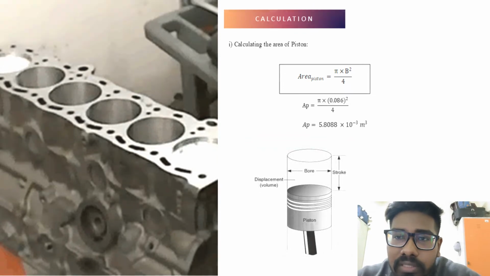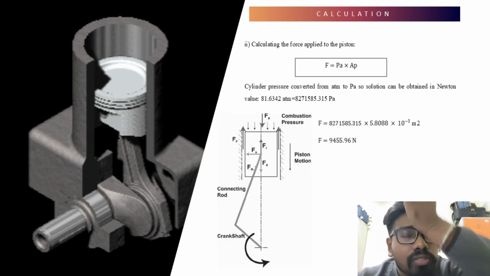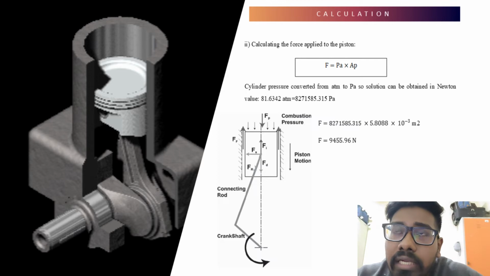So force is pressure times area, so we need to find the pressure we obtain from the Excel analysis, where we put all the values and specifications of the engine, and then we obtain the value of the force. So we got around 81.63 atm as the highest peak pressure obtained from the engine, and then I converted it into Pascal. So we get around 82,715 Pascal. So from here we can find the value of force by multiplying with the area of the piston,